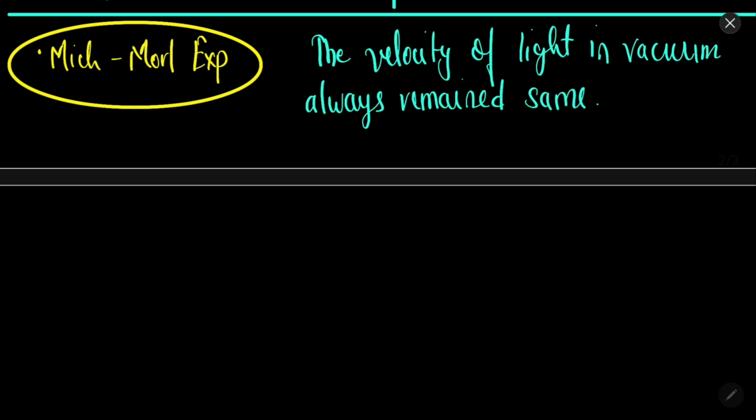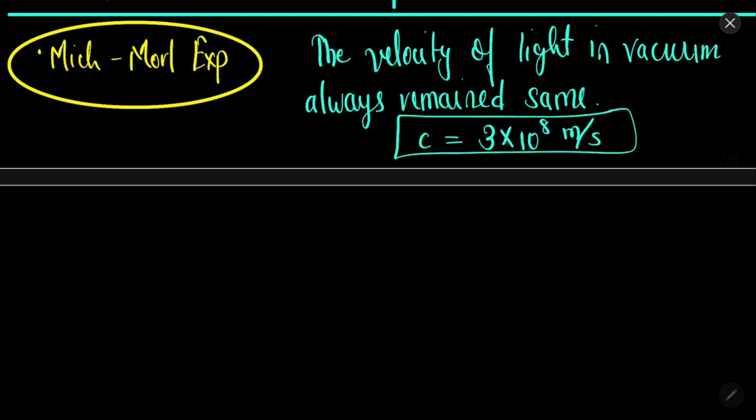Okay, that is, in whatever direction and in whatever situation they tried to measure the velocity of light in vacuum in space, they found that the velocity of light came out to be same, and its value was approximately 3 into 10 to the power 8 meters per second. So this was the approximate value that they calculated. So no matter what, the velocity of light always came out to be this. So this was quite confusing,